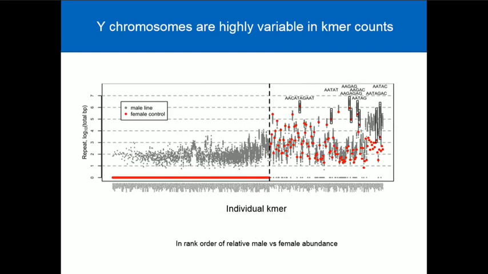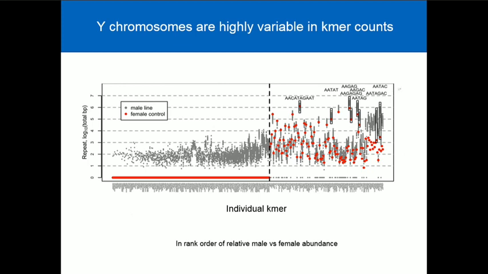If we look at these K-mers by just ranking them, these are in rank order of the male-female relative frequency. There are a whole bunch that are male-specific and a whole bunch that differ in relative frequency between males and females. So the red dots are females and the bars there are males. And some of them, like this very, very common 10-mer, tend to avoid the X and the Y chromosome. So any repeat that's on centromeres of the other autosomes is going to be the same in males and females, and that's what we see. That was nice. That was known.